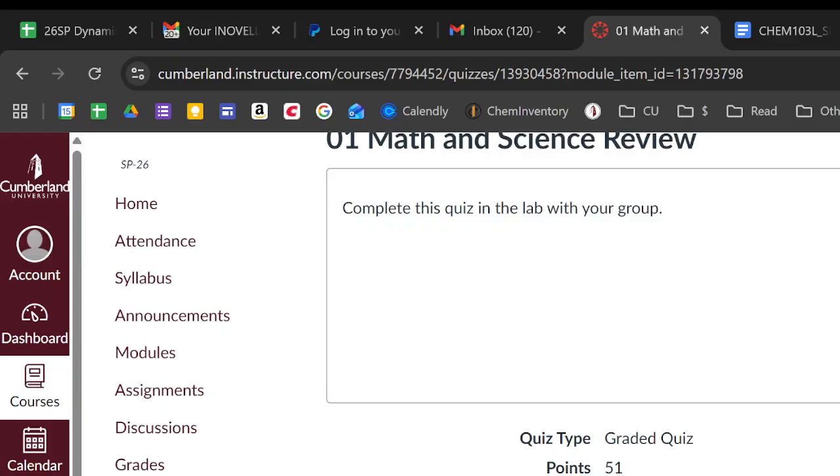And you can take it again if you're not happy with your grade. Okay? By the way, this quiz is meant to be taken once in here. You don't have to finish it. All Canvas quizzes will save progress, and you can always reopen them. And this can be retaken for a better grade. Okay? So if you do poorly the first time, you can come back tonight, tomorrow night, something like that, retake it and get points. It does not actually have a late penalty. Okay? So you can retake it at any point throughout the semester if you want to get a better grade.